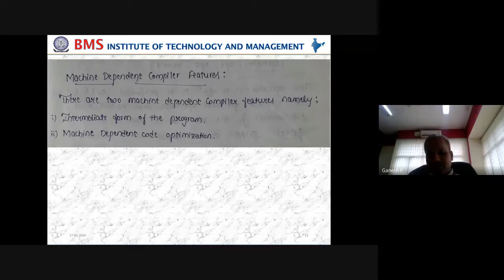So let us look at the first concept. What is the intermediate form of the program? Why is it required and how is it going to be beneficial from the code generation perspective, and how is it going to help in the optimization as well? So first let us see how intermediate form can be generated.